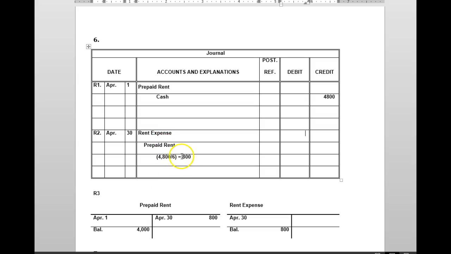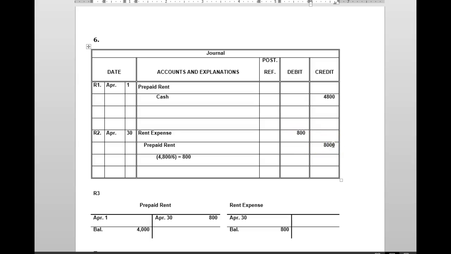So for each month we're going to divide that $4,800 by 6, and that gives us $800 for each month. So each month that goes by, because we've already paid this, we are going to remove $800 out of the prepaid, and we're going to put it into the rent expense as an adjustment to be